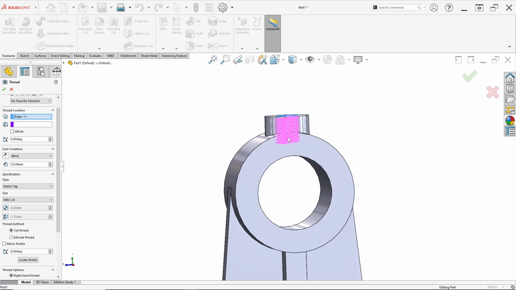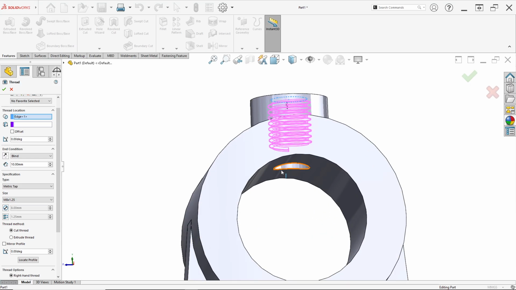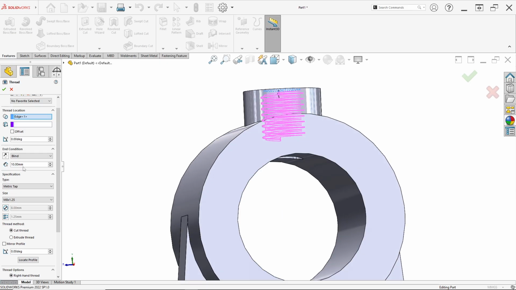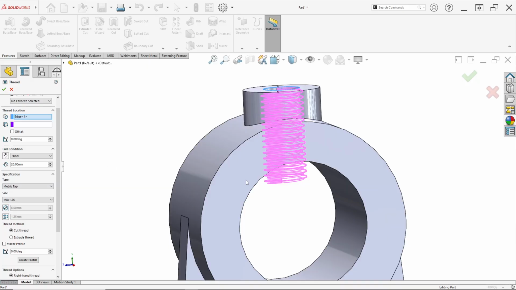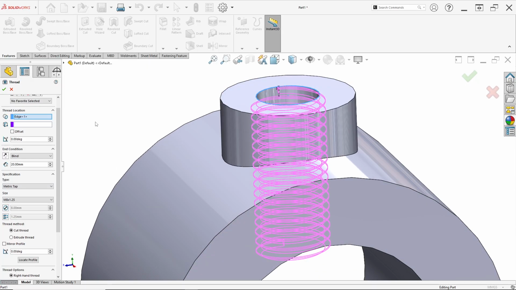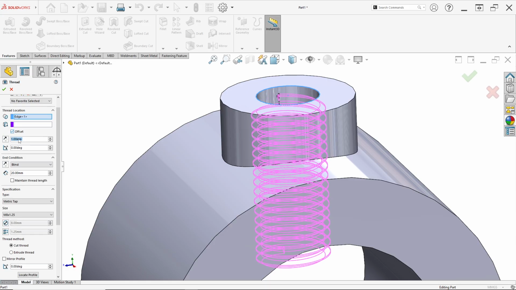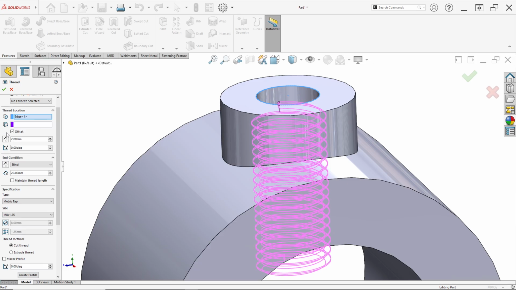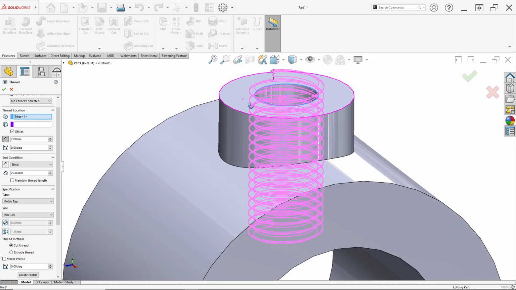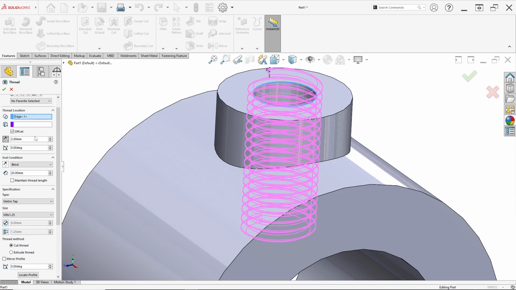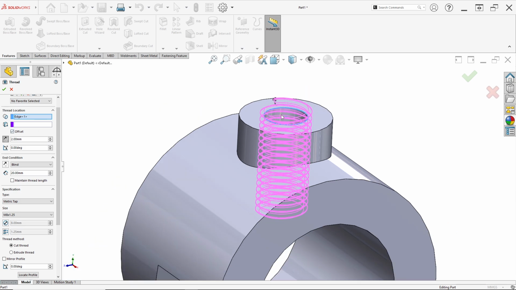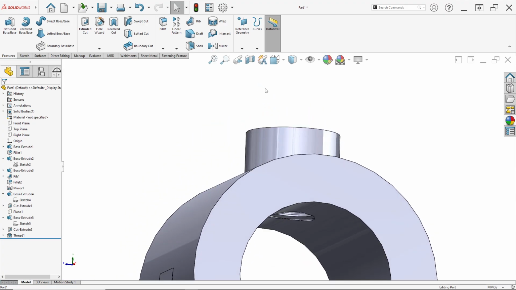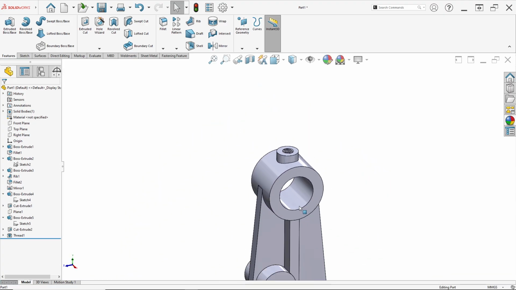We must make the thread higher from this edge. So for example, I set 220 millimeter for length in blind like this. And for the start here we can set offset, just check this. For example 2 millimeter, reverse offset to top. Here we make an offset so that the threaded bolt can be installed like this. Just click OK. And done. It's so simple.